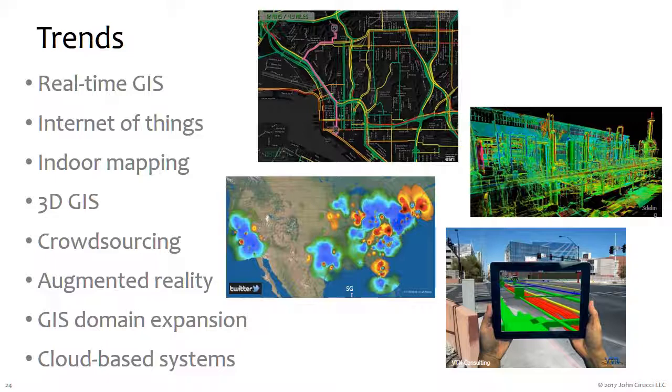I first made this slide about 2 years ago, and I think most of this is already, oh yeah, been there, done that. Real-time GPS. You're already doing that with many things. We're going to see much more of that, and part of that is the Internet of Things. So you're connected to stuff, and your phone is one of those things, by the way. So everything that has a location assigned to it, either because it's stationary and you know where it is, or because it has a GPS receiver and it's telling the internet where it is, kind of all gets linked in, and so many people are doing so much more